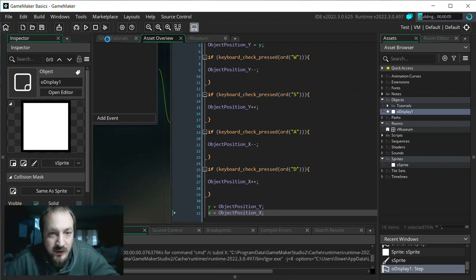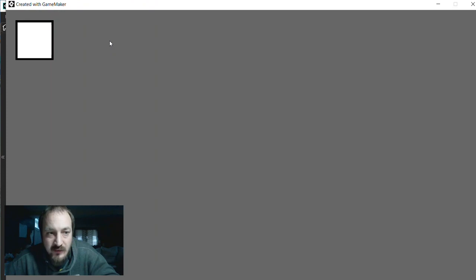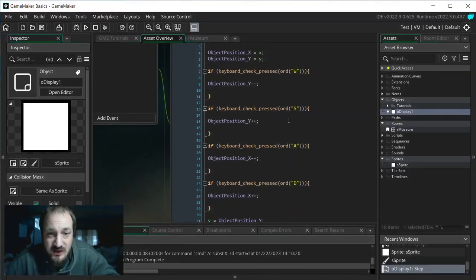and now we're going to play our game here. We now have an object that when I press, he moves around. Only 1 pixel at a time though, that is kind of slow, right? So we're going to fix that. We're going to change this here to, instead of minus minus,